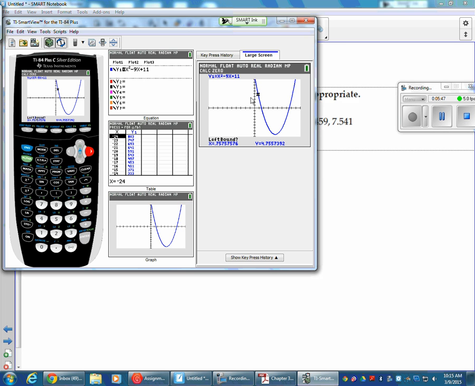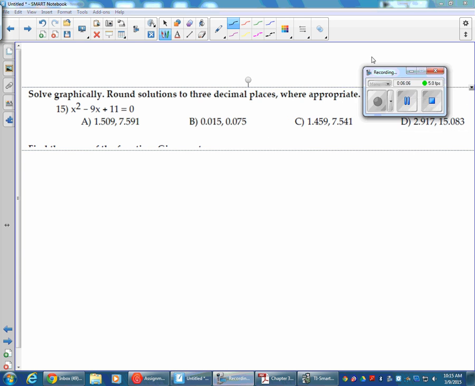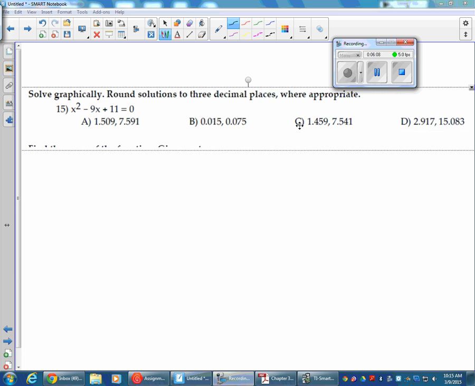I'm going to be to the left of this point, and it'll draw a little line. I'm going to move over till I'm to the right of this point. What it does is find where it hits 0 between these two lines. So it's going to find me that point right there. And one of my answers is going to be 1.4586, so 1.459. It looks like C is going to be my answer, but I'm going to find that other one